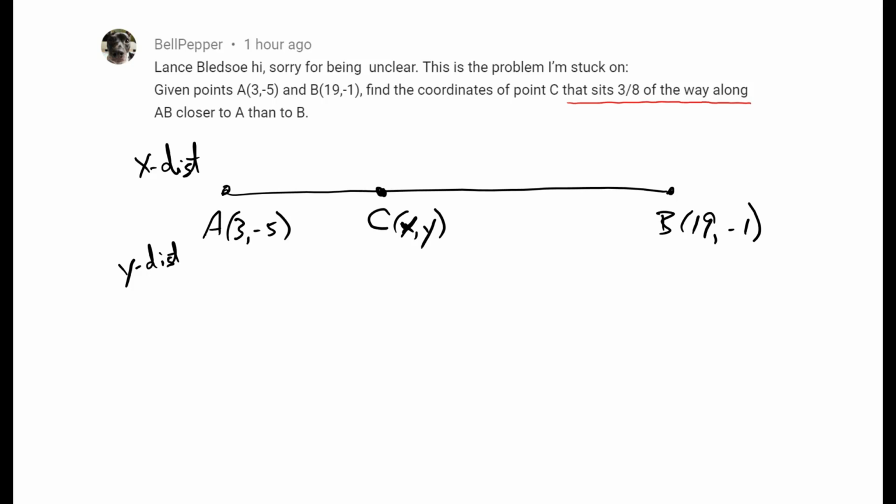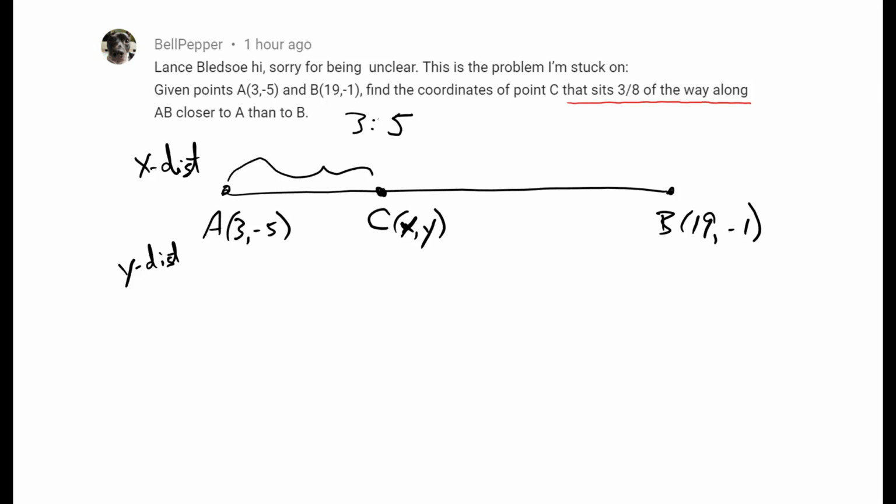Well, it's tempting to say, doesn't that just mean that my ratio is going to be 3:8? And in fact, no, that's not correct. Your ratio is not going to be 3:8. Your ratio is going to be 3:5. And the reason it's going to be 3:5 is because if this distance here, for example,